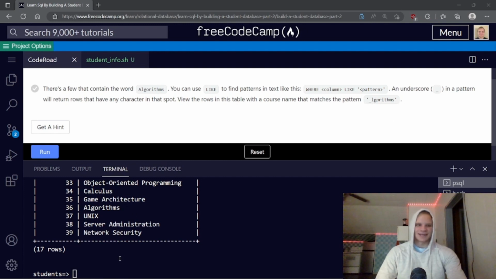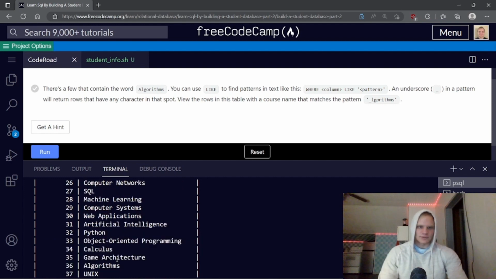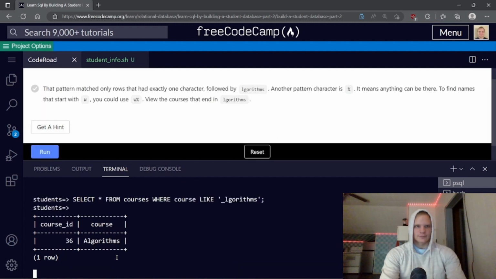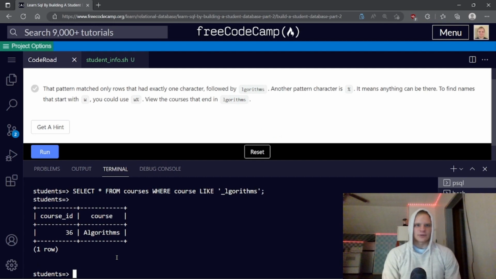Algorithms. Anything algorithms, basically. All right, so we need to do select all from courses where the course like pattern, which is this algorithms thing. There we go. And it's just one. Okay. That pattern matched only rows that had exactly one character followed by algorithms. Another pattern character is the